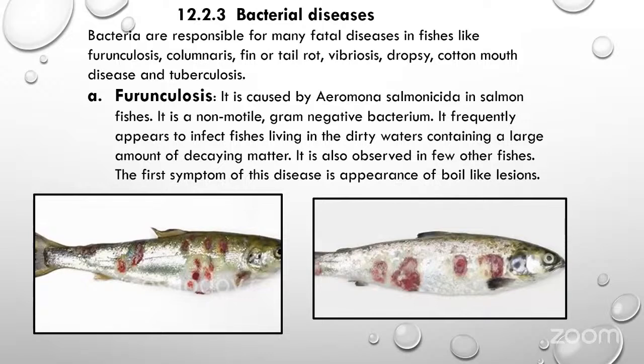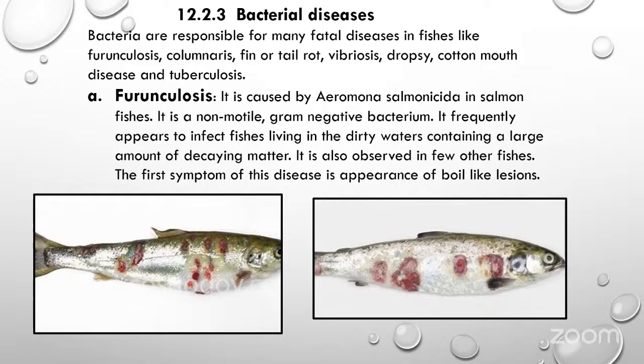Bacteria are normally responsible for many fatal diseases in fishes. We are going to discuss furunculosis, columnaris, fin or tail rot, vibriosis, dropsy, cotton mouth disease, and tuberculosis. Furunculosis is caused by Aeromonas salmonicida